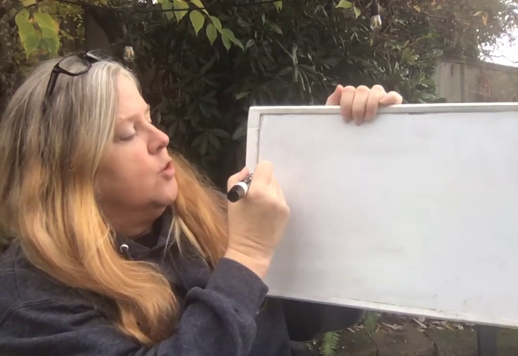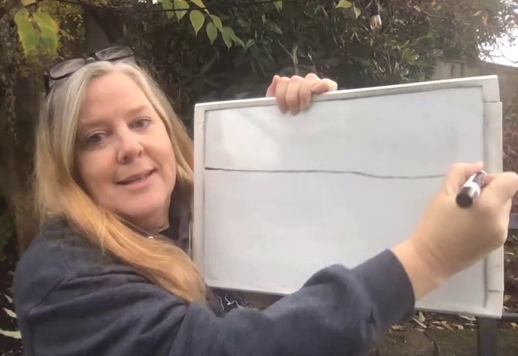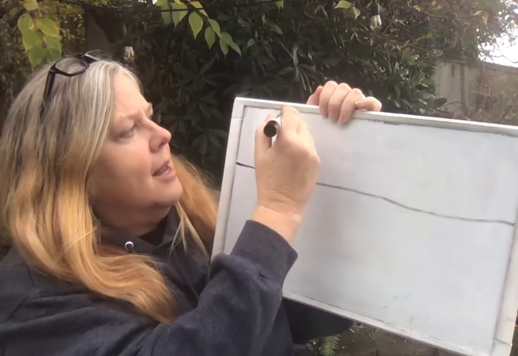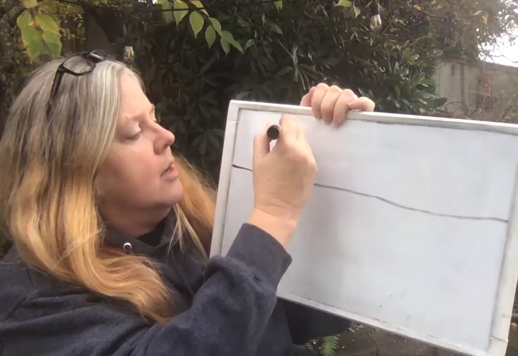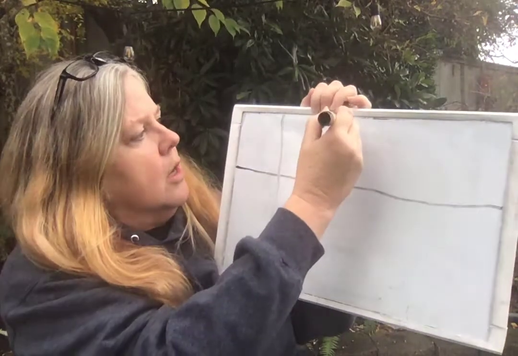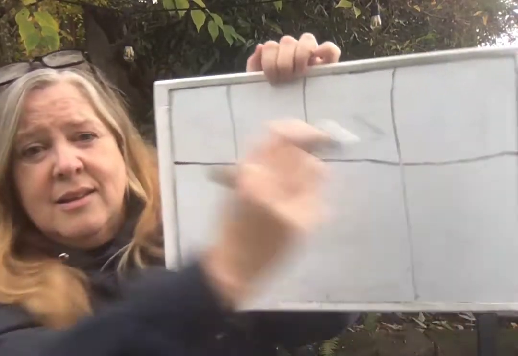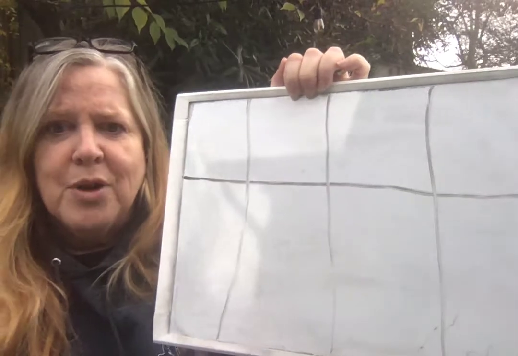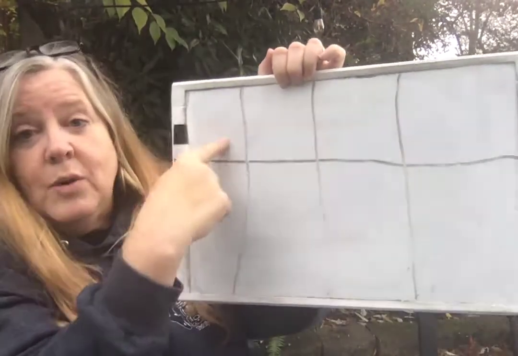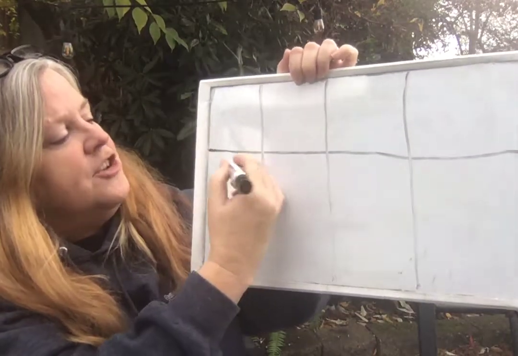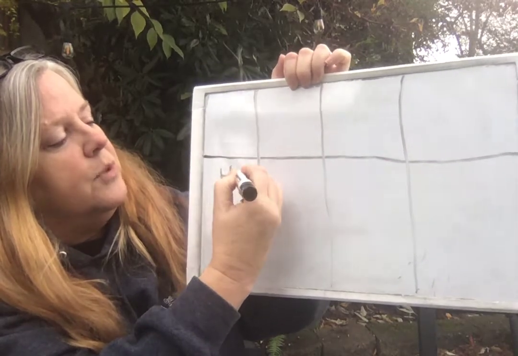So we need to make our data sheet. As usual, we start with a line across. Ta-da! And I think 4 lines down. No, actually, I think 3 will be good. 1, 2, 3. Man, this is hard to see. My marker's getting pretty bad. So again, we don't write anything here. I'm going to put an H here. Remember, that is going to be the place where we put our